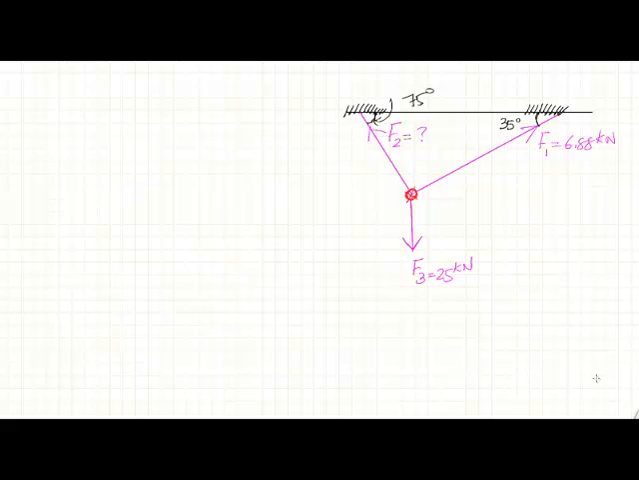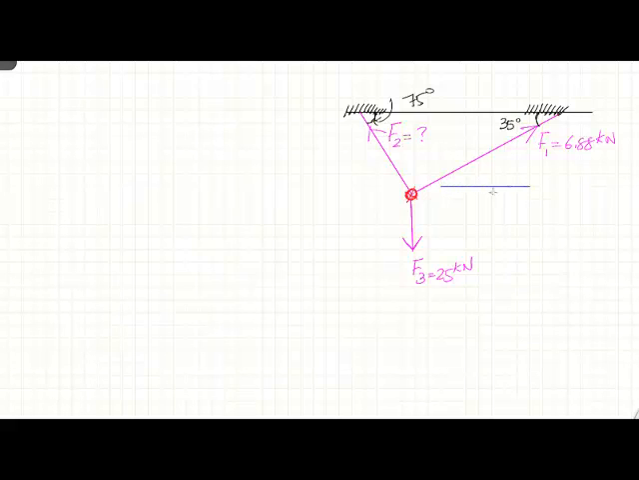Here I have a problem in which the value of f2 is unknown, and we need to calculate the value of f2. We will apply the rules of equilibrium to calculate the value of f2. So to start with, we need to resolve the forces into their components in x and y direction,